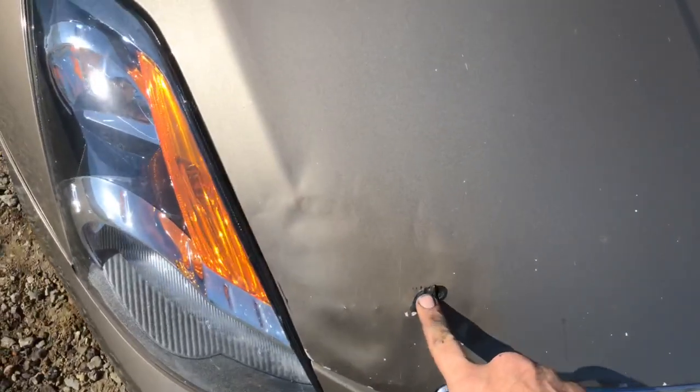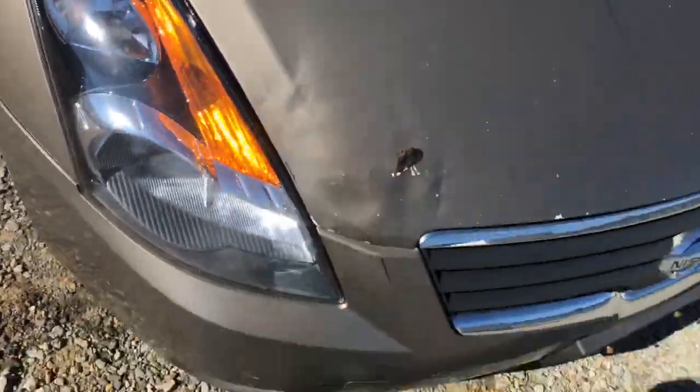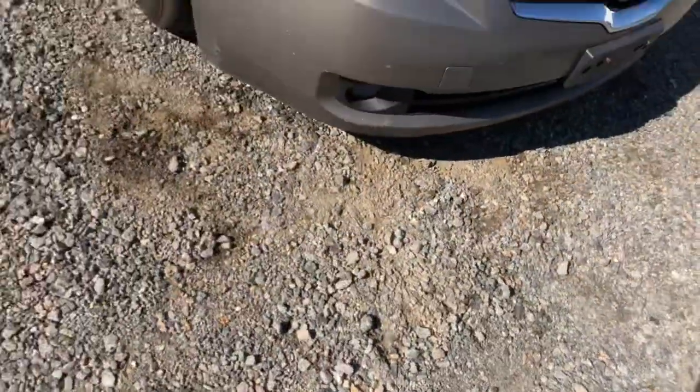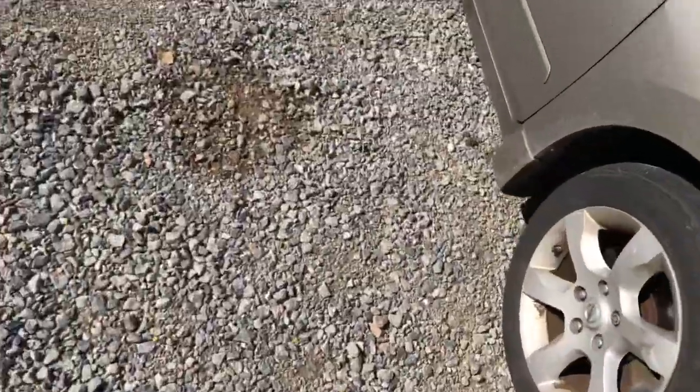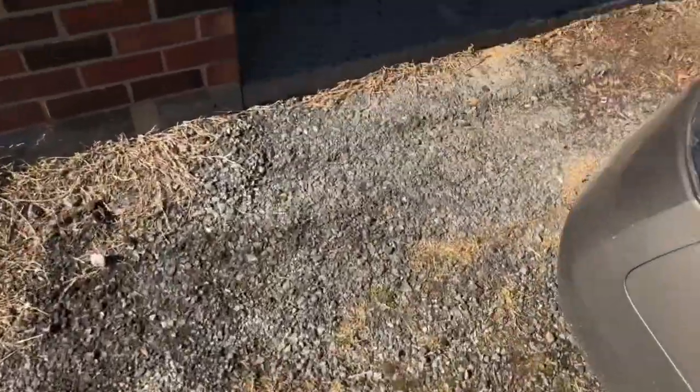Somebody put some weird crap on this hood. You can see there's some dents in the hood here. I might not even mess with the body. I'll just make it run good and just sell it for whatever, even if I get $1,500 for it by the time I'm all said and done. I'll be doing pretty damn good. So yeah,